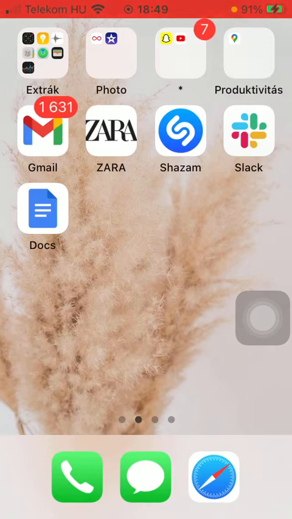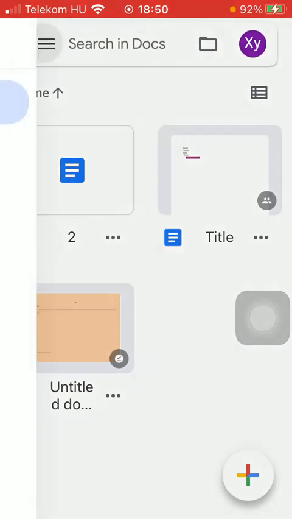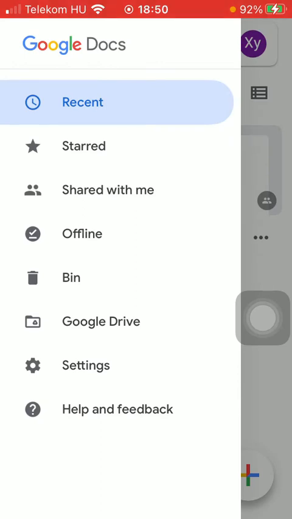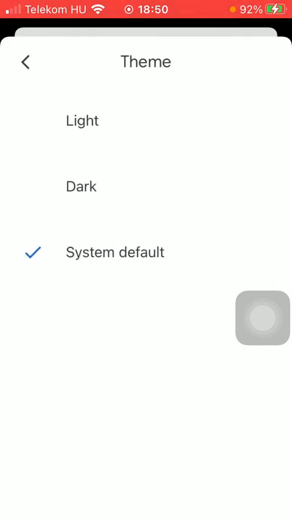First of all, open the application on your phone. Then you should tap on the settings icon in the upper left corner of the screen. Click on the settings option down below and then tap on the theme option, which is the third one. Now as you can see, it's set to the system default, but you can change it to the light or